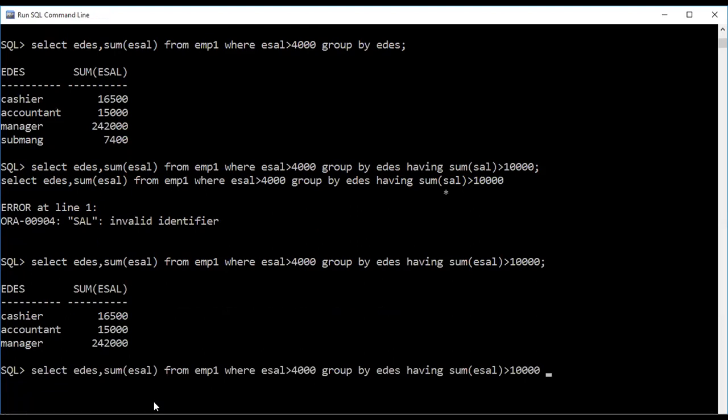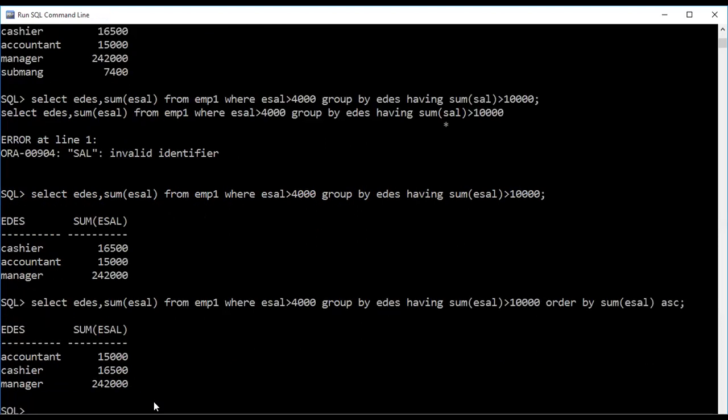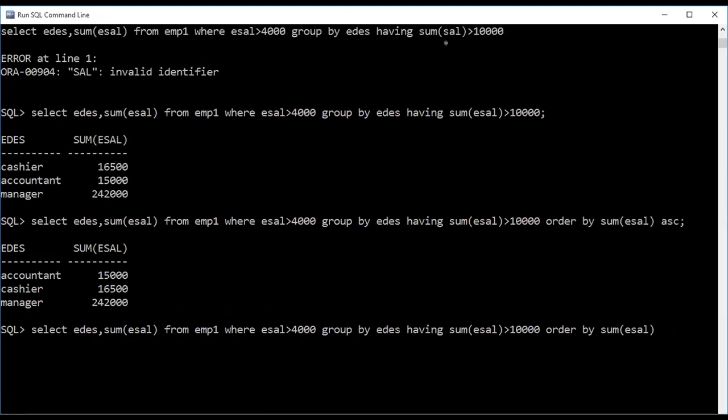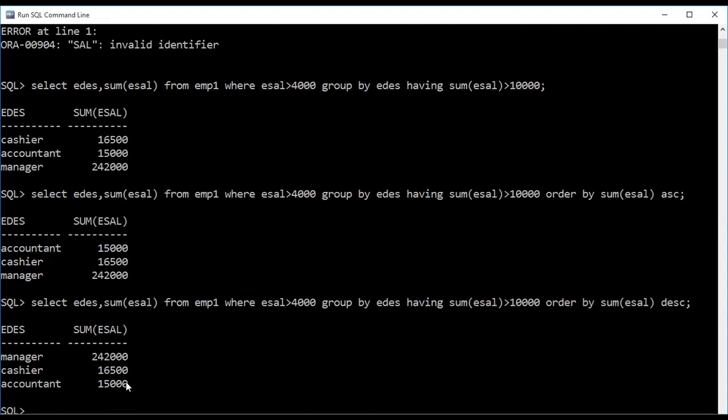For increasing or decreasing order, what should you use? Order by. Order by what? Ascending order, so I should write ASC. See here, you are getting ascending order. For example, if I want to display them in descending order, you are getting descending order.